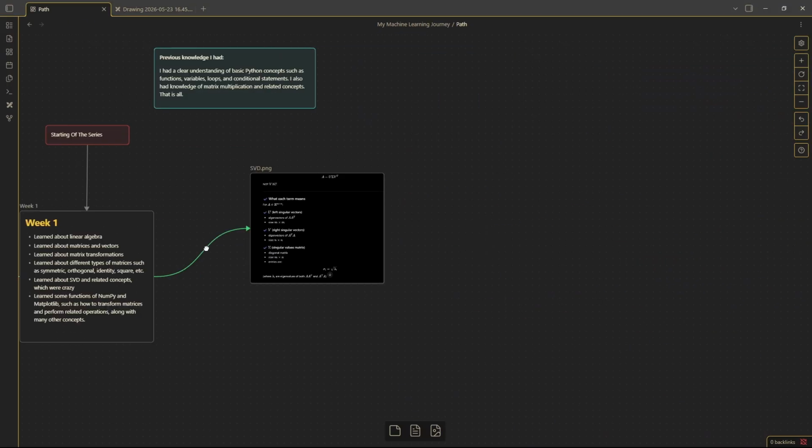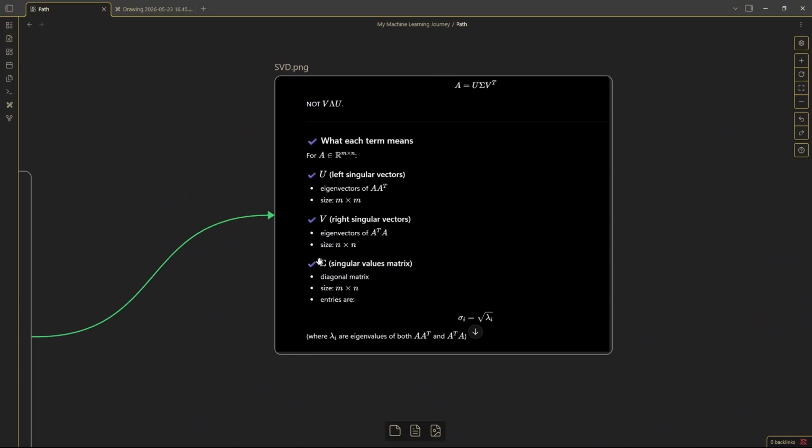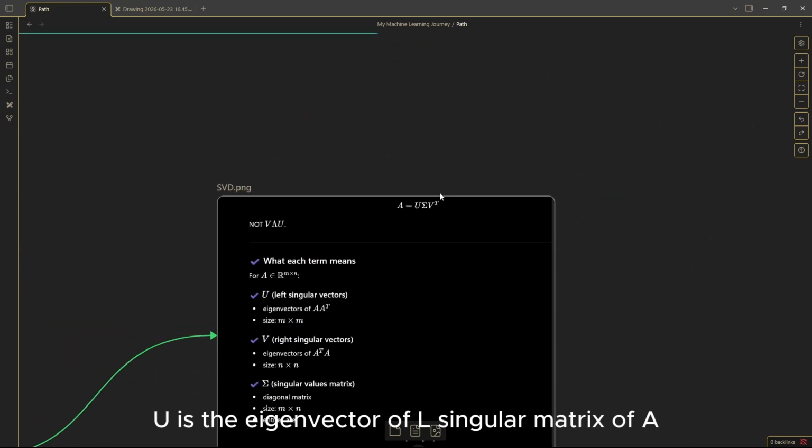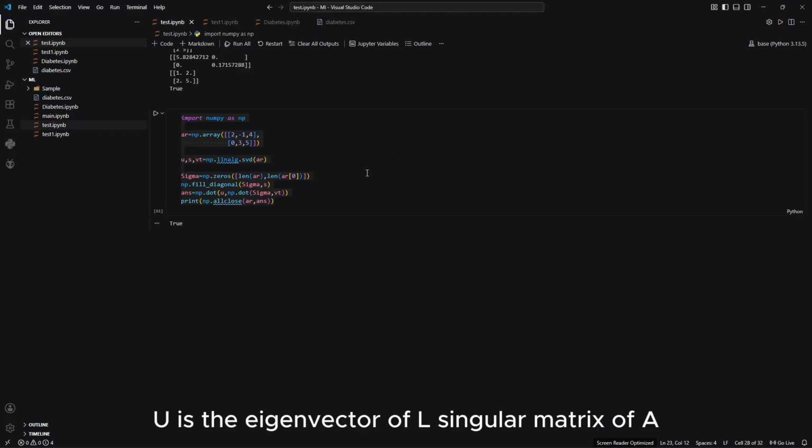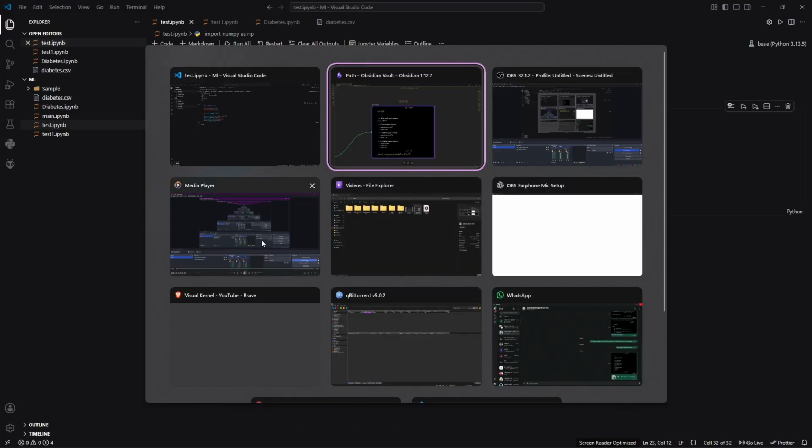And the most important thing that I learned in the previous week was the SVD. The SVD method is very important, as it shows the decomposition of a random matrix, a matrix which is not symmetric. So this is really important. Here I learned that U is the matrix which is n by m. U is the matrix of eigenvectors of the left matrix of A. This is really complicated to say, but let me show it by example.